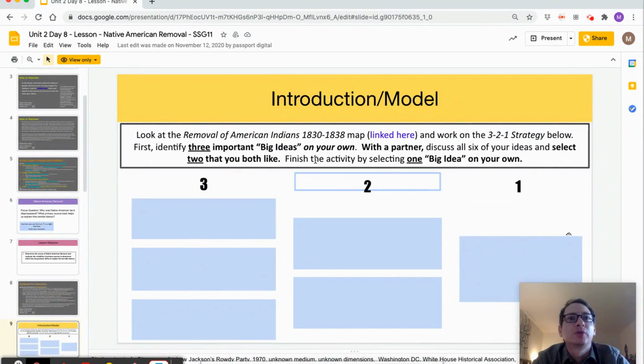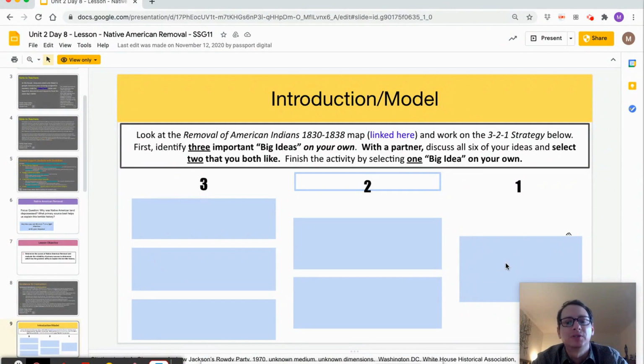Then your teacher will arrange breakout rooms where you and a partner will share your 3 big ideas with each other, bringing your total to 6. Together, you must decide on which 2 that are either the most important, influential, or relevant. After you and your partner make your decisions, and you record both of them here, it is now up to you to independently reflect on both of them and narrow it down to one